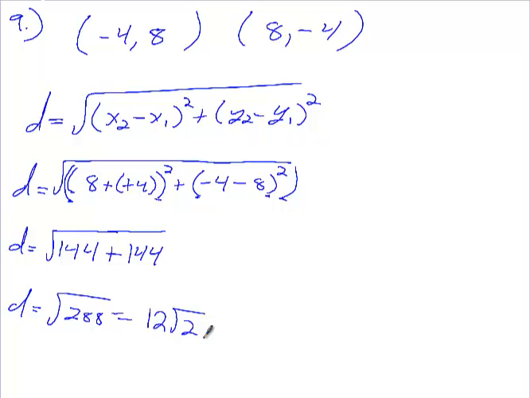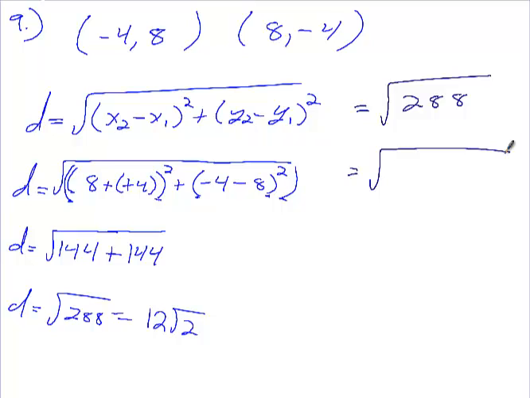Do you all remember how to reduce down a radical, or do you want me to run through it again? Okay. So, we have the square root of 288. In order to reduce this, I have to find 2 numbers that multiply together to get 288, but I want one of them to be a perfect square. So what's the biggest perfect square that can go evenly into 288? Not 12. 12 isn't the perfect square, but